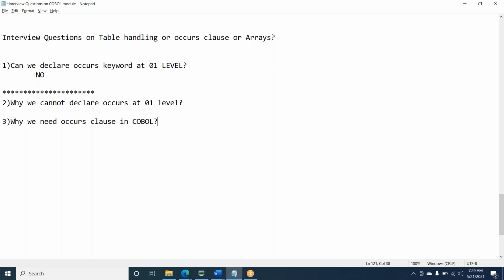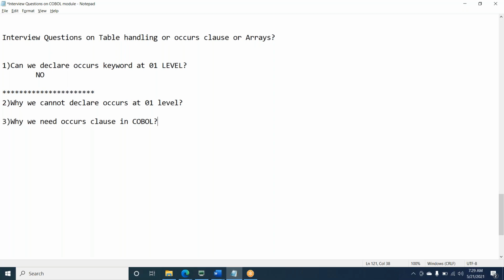But why we need OCCURS, where we use arrays in COBOL? What is the scenario? That is the question. Okay, right. So what happens, team? There is data in a file.